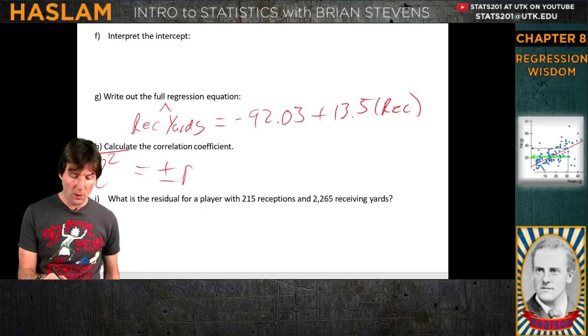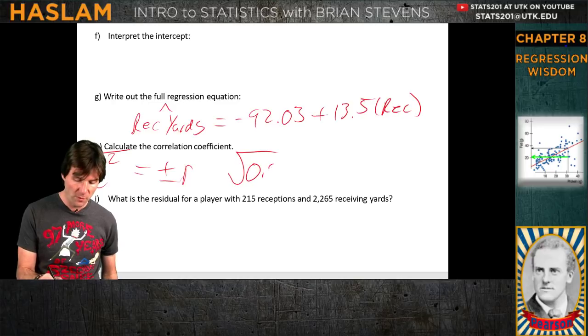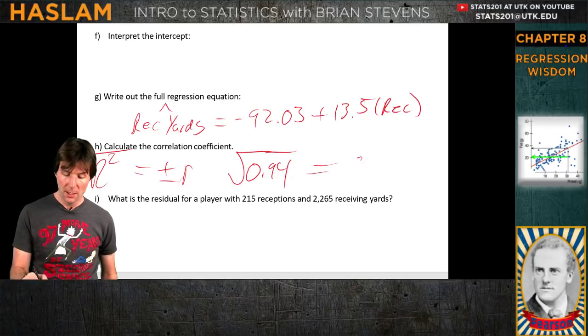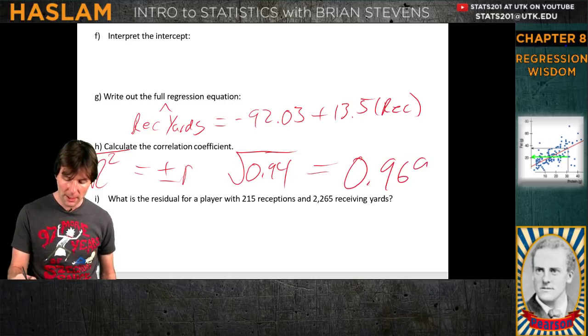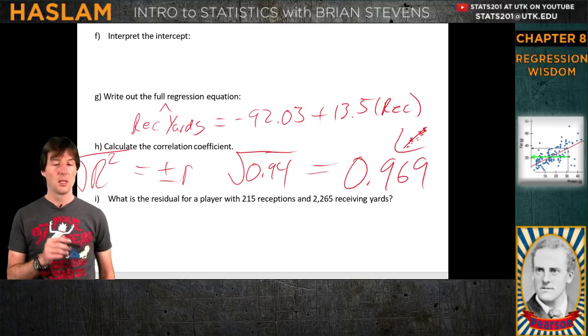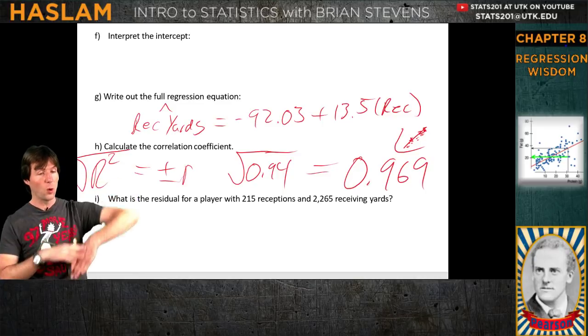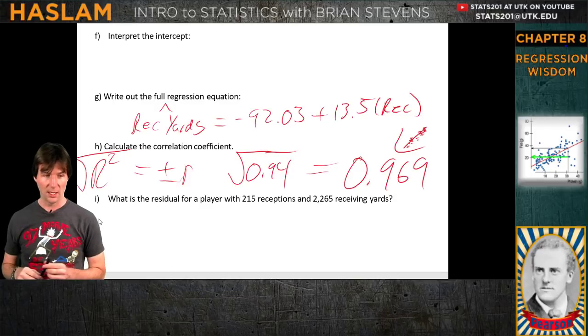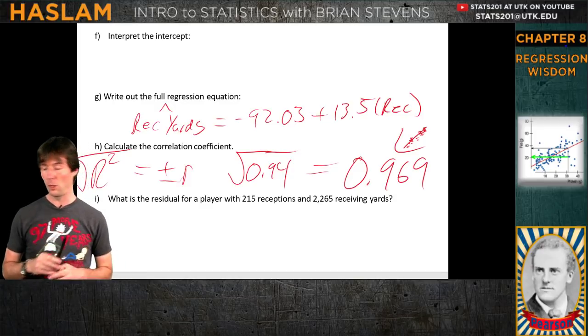So we square rooted r squared, so it's the square root of 0.94, and the reason we know it is positive is because the line goes up. We had to look at the line itself, and we saw that the line went up, and that means it's a positive relationship. If the line had gone down, the correlation would be negative. So make sure you look at it and understand if it's going to be positive or negative correlation.